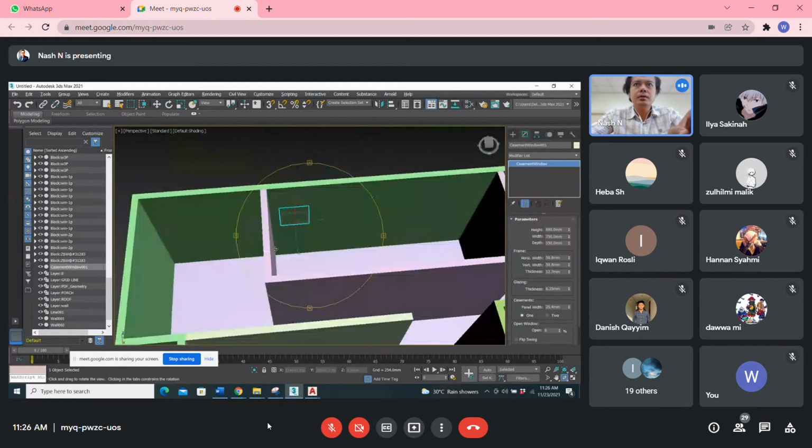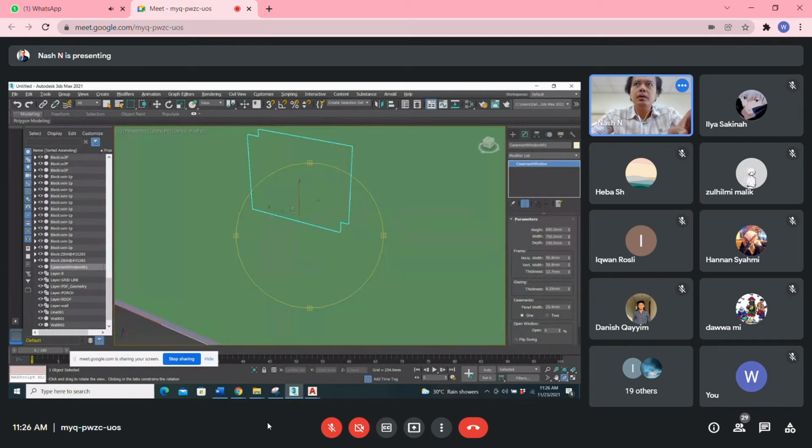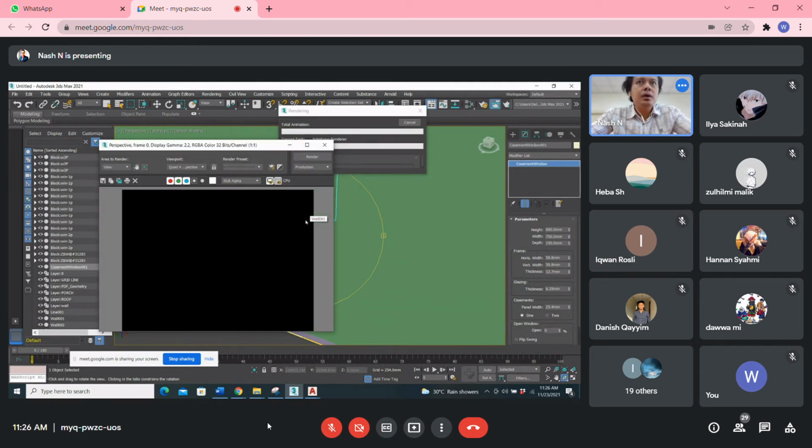Sometimes this is the problem if you use the library. Shift Q. If you want to try to render it, okay, I teach you how to render. Press Shift Q. Can you see? Okay, cannot see. Okay, close, cancel, close back.